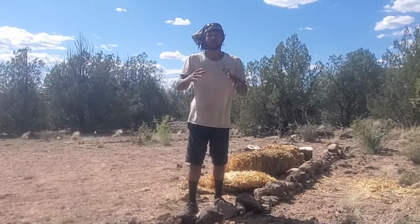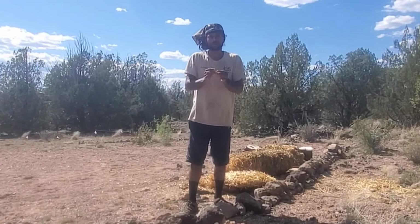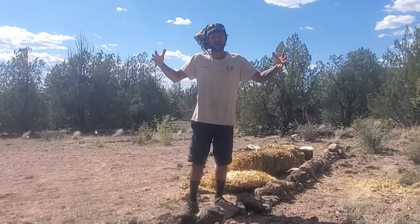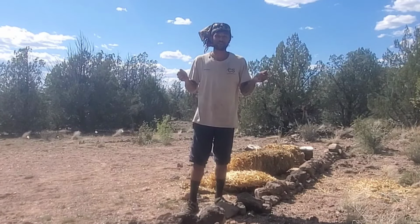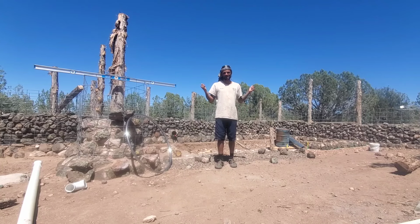So it's just a sense of starting from one single point and rippling our way out with the earthworks and all of the permaculture techniques that we're doing here. And since we're talking about the gabion wallopini,